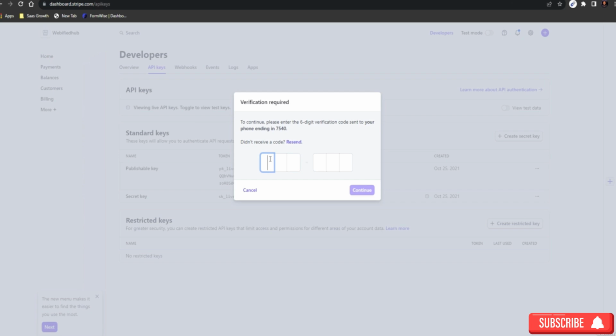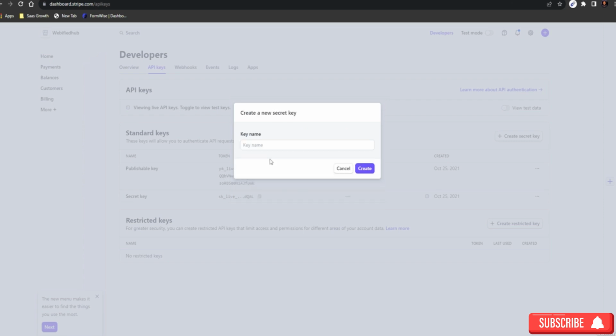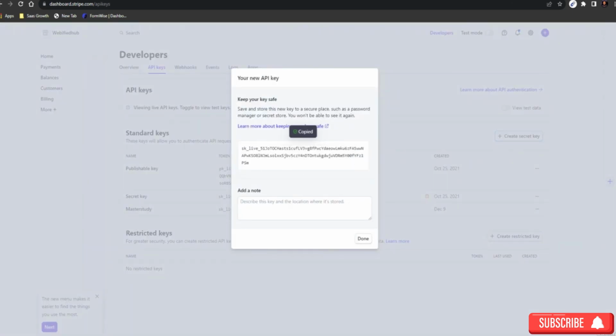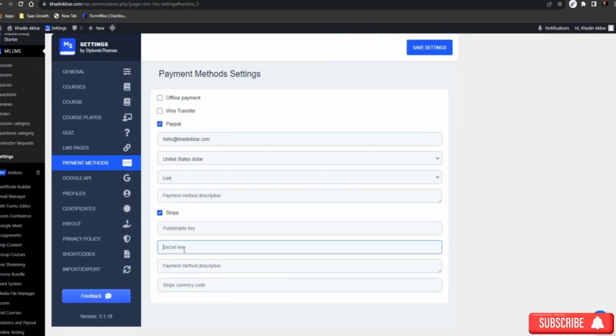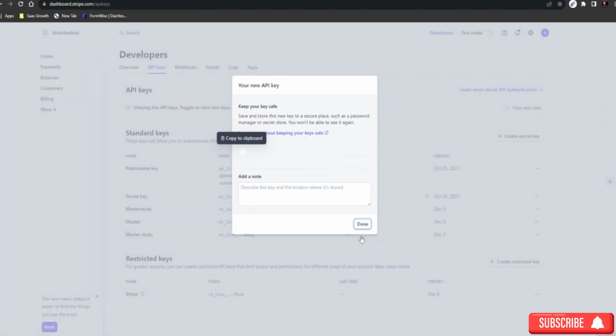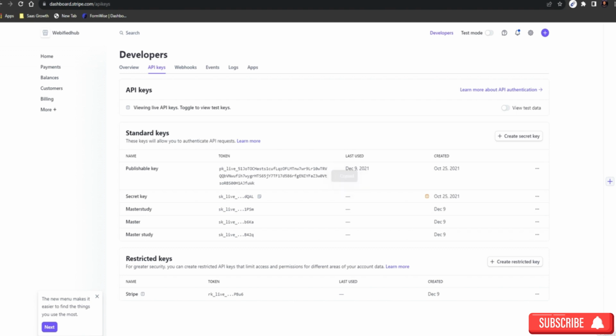So this is 627 635 and then key name is Masterstudy. Then hit create and it would create a key. Then you have to just copy this, and after copying this you just have to paste it here. This is a secret key, and after doing that we'll just put it there,